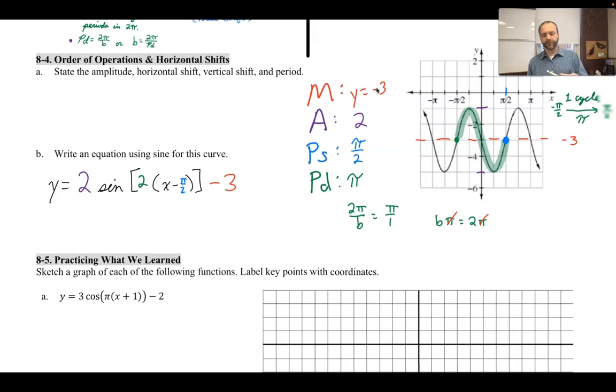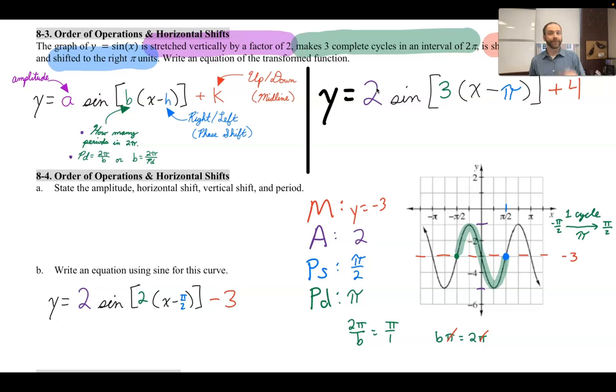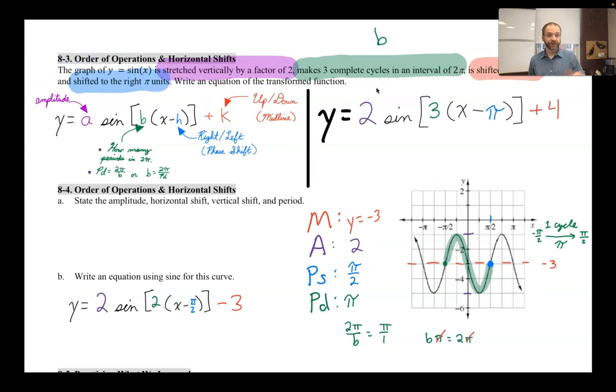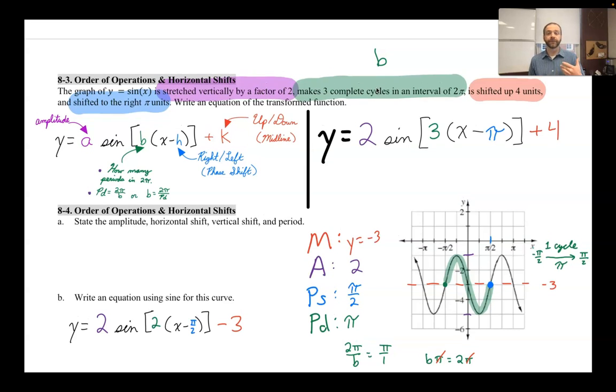And man, oh man, it is so nice to follow a map again, trademark Mr. Rainsburg. It allows us to quickly fill in what is your K, what's your A, what's your H, and what's your B. The period is the one you have to remember. It's 2 pi over B to solve. But the main idea behind this is learning how to write an equation from a prompt with words and how to write it from a graph: follow a map, trademark Mr. Rainsburg. And then the next prompt, we will be examining how to actually